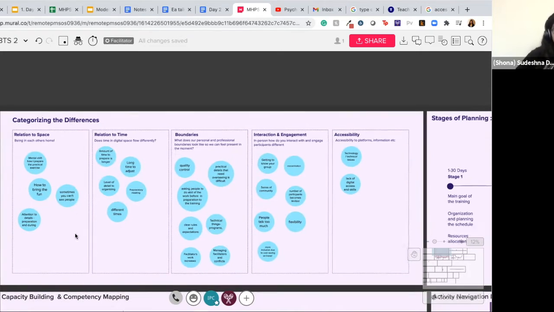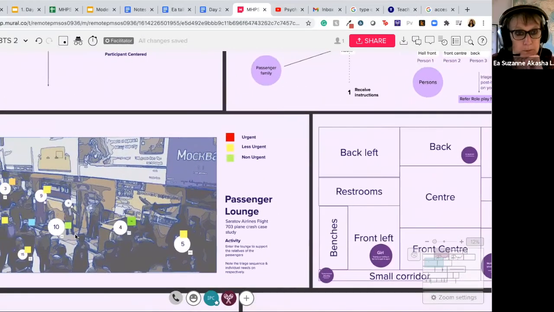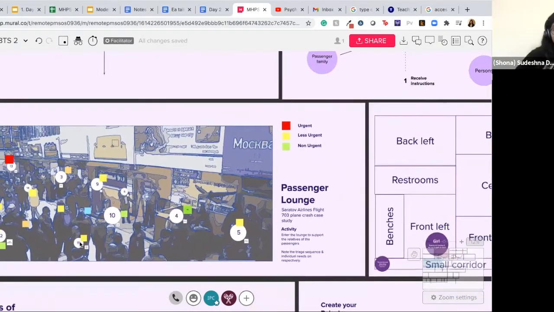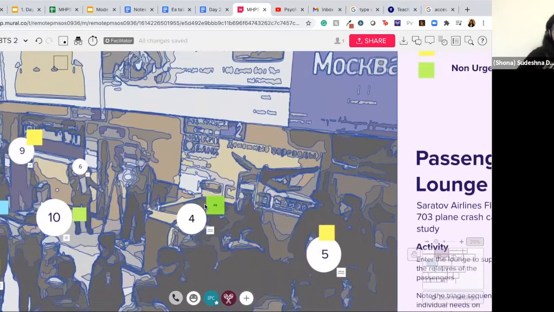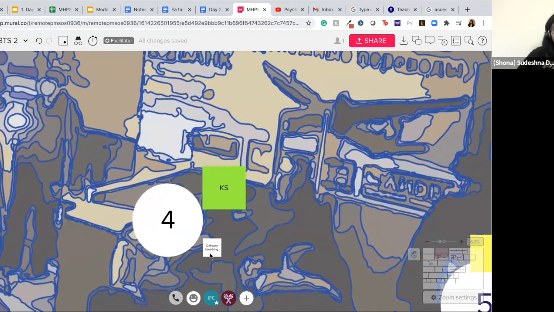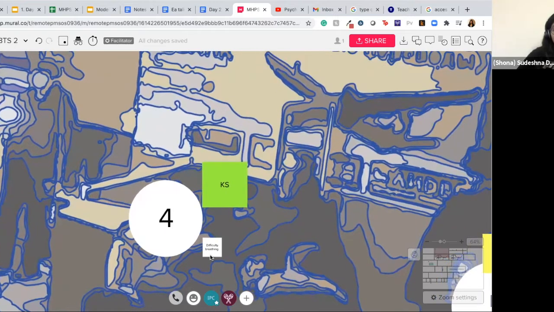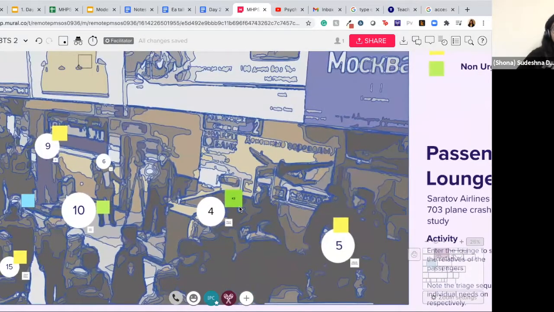So one of the things that we can look at is relationship to space. I'm just going to give you a small example about that. Here you can see a passenger lounge. This was an exercise that we did during the training, and we tried to recreate it with illustrations. If you zoom into that, you'll see that there is a numbering and there are physical symptoms that you can see in a person. It is designed so that when you're doing this exercise, you see the physical symptoms, and then you go talk to that person to see what their emotional symptoms are. And this was more in terms of a role play.